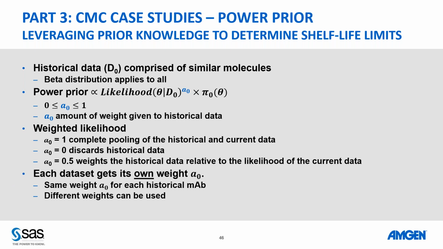The beauty of this is, for this example, we're going to use the same weight, but you can apply different weights. So remember, we had 2 IgG1s and 2 IgG2s, and the data set is an IgG1. So we make the case that the IgG1 should have more weight because they're more alike to the data at hand than the IgG2. So that can be controlled by the weights.